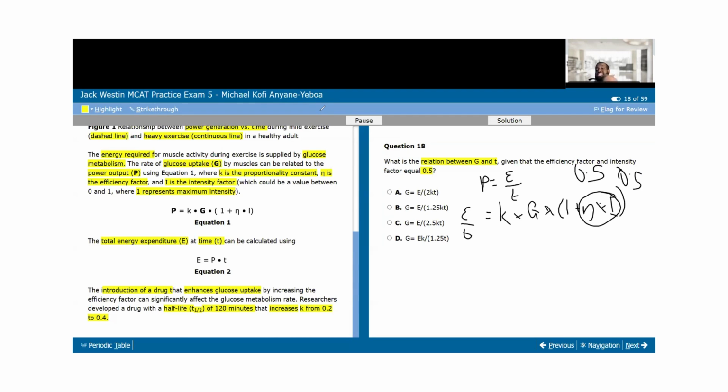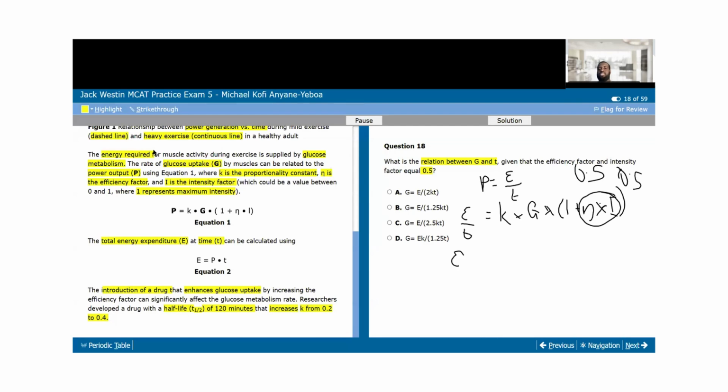Now, to be honest, they didn't say; it could be that both of them sum to 0.5, or they are equal to 0.5 each. I'm going to assume each, because that's the only thing that makes sense, since they're multiplying each other in this equation. So now that we know each of them is 0.5, we have our equation down. I'm now going to solve and make G the subject of this equation, right? So E,